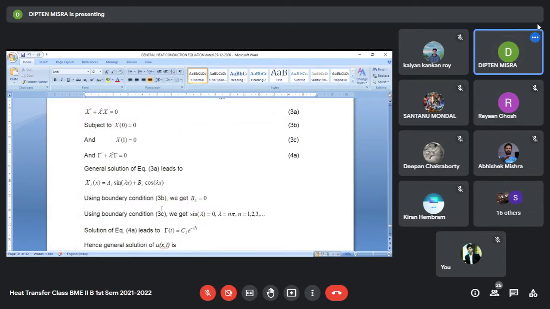Now, if there is one solution for lambda 1, another solution for lambda 2, another solution for lambda 3, and so on, then there can be a more general solution which will consist of a linear combination of all these things. That is, suppose we write it like this, that U is a solution, there may be different solutions for U. Let me take some 3-4 minutes break, then I'll write.